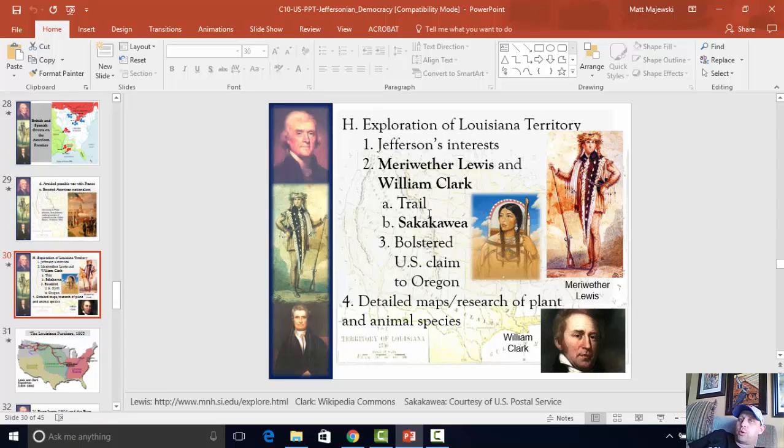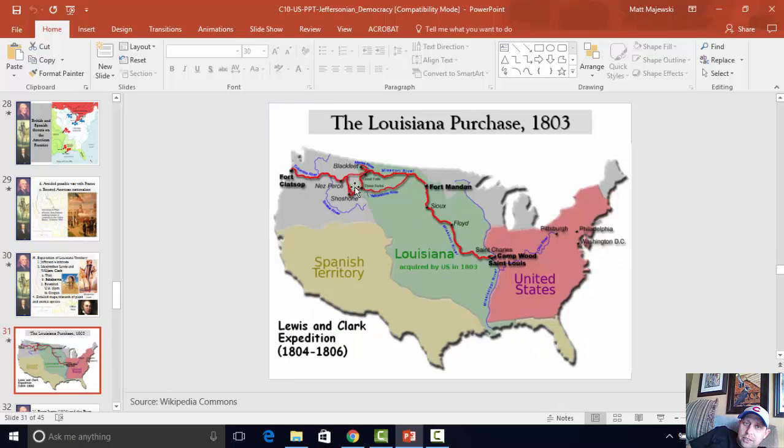Now, we explore the Louisiana Territory. We basically bought this without knowing what we had gotten, sight unseen. And so Jefferson orders two explorers, Meriwether Lewis and William Clark, known as Lewis and Clark collectively, to go and explore this territory. They're gone for like the next 2.5 years. They go all the way across the Louisiana Territory. They're going to go all the way into this disputed area, the unclaimed area, to the Pacific coast, and then they're going to go back again. All right, so it takes years for them to do this.